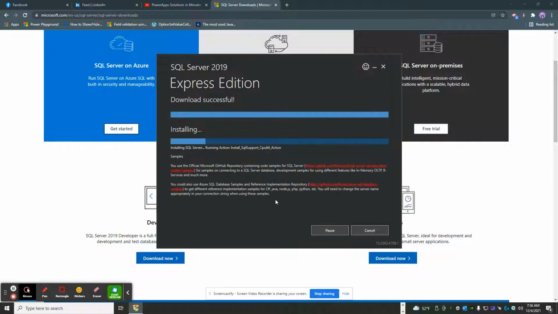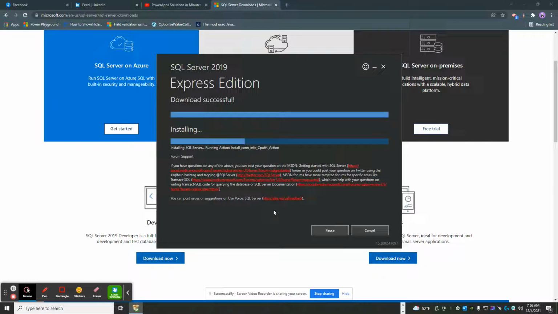So I think it'll be a lot of fun. And this will give you that fundamental knowledge of understanding how SQL Server operates, because when you're working in Power Platform and you're having to integrate with SQL Server instances, one of the things you have to understand is, from an integration perspective,